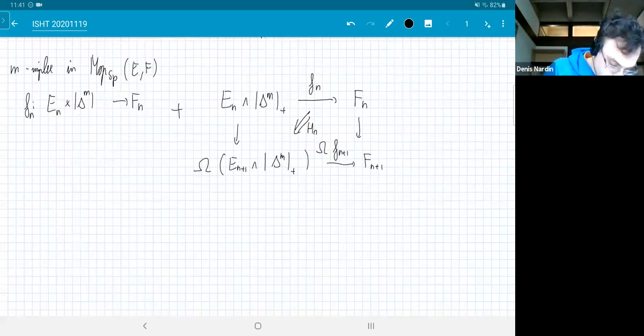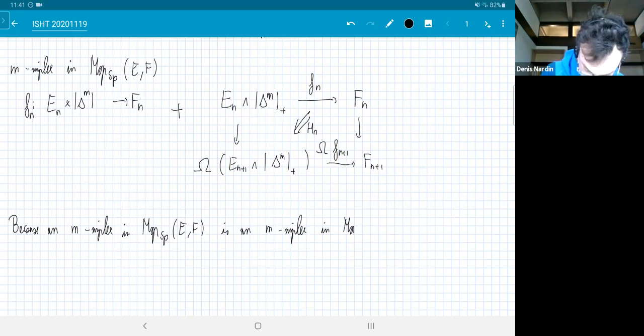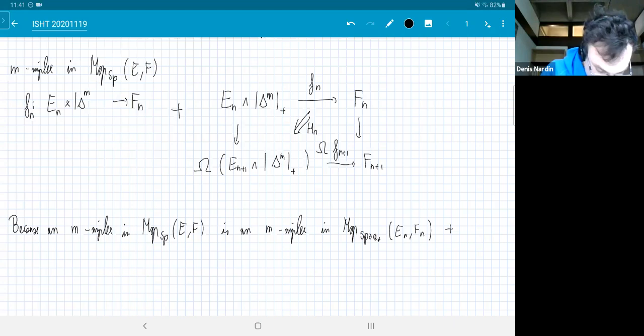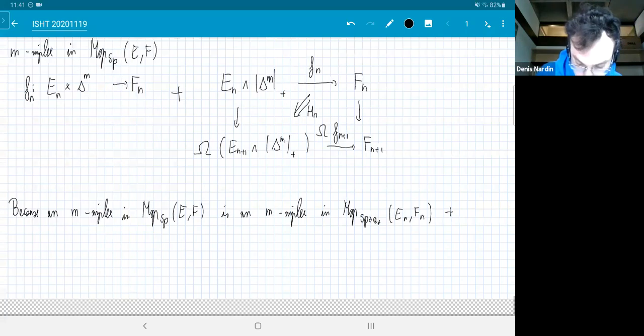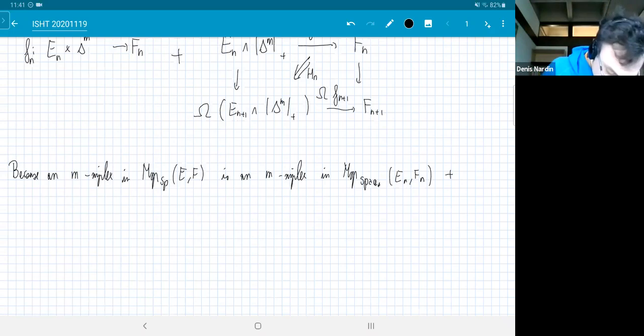Because an m simplex in map spectra E, F is an m simplex in map pointed spaces E_m, F_m plus, and actually I don't know why I put the geometric realization, since I told you I was working with, oh, because I didn't want to define what the loop of a non-Kan complex is. I see. Plus